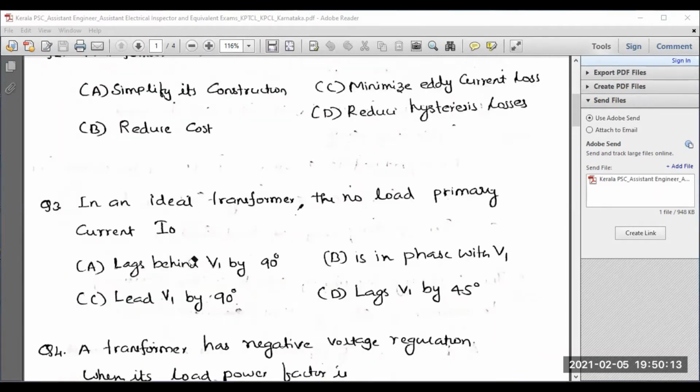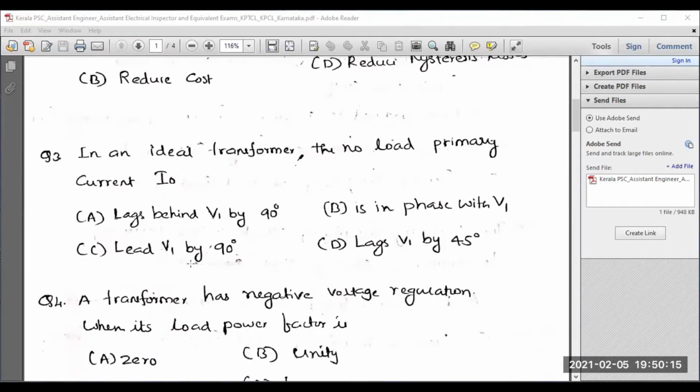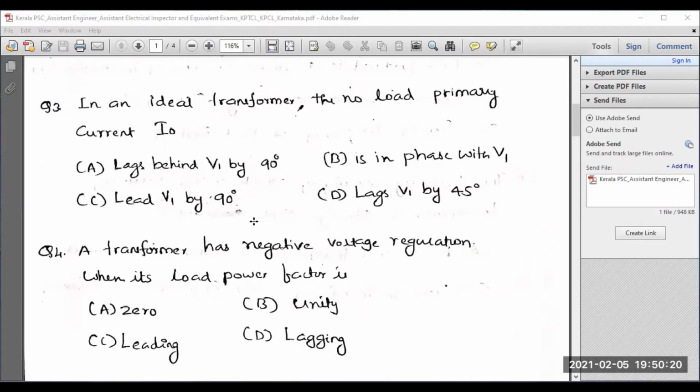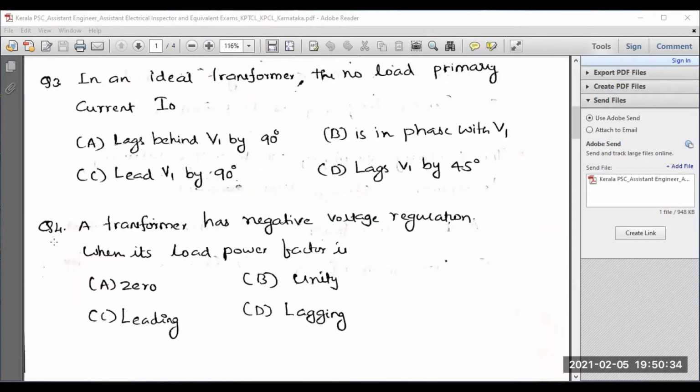Okay, you should know the relation between current and voltage in ideal capacitive load, ideal inductive load, resistive load. Okay, some basic comparisons are required. And try to draw the phasor diagram corresponding to ideal transformer and ordinary transformer. Okay, actually ideal transformers or real transformers do not exist. Just for theoretical analysis we are performing. Let me discuss question 4. A transformer has negative voltage regulation when its load power factor is. Very important question. All candidates will get confused if we get these kinds of questions.